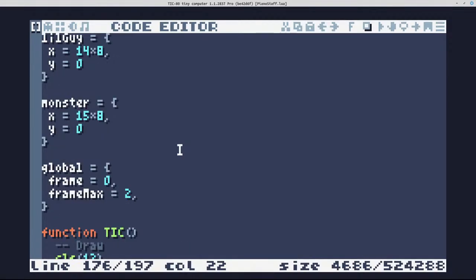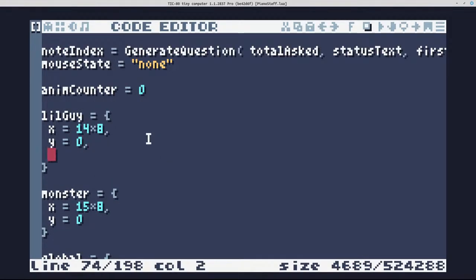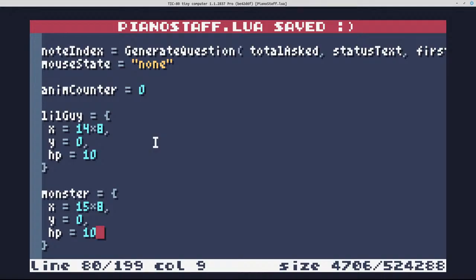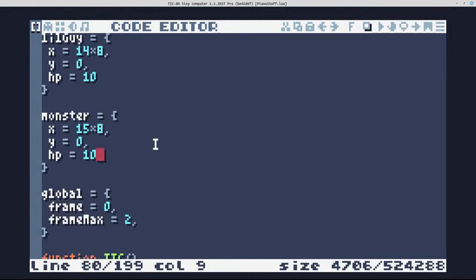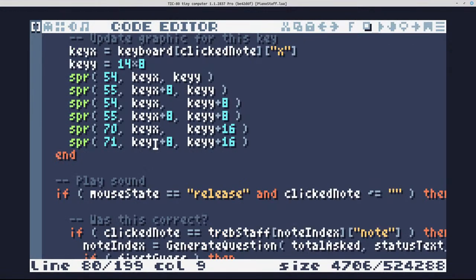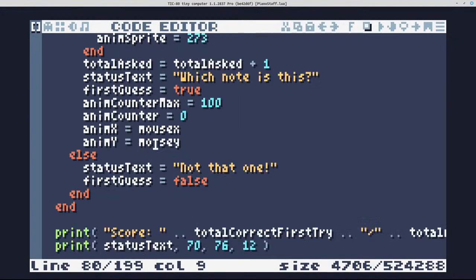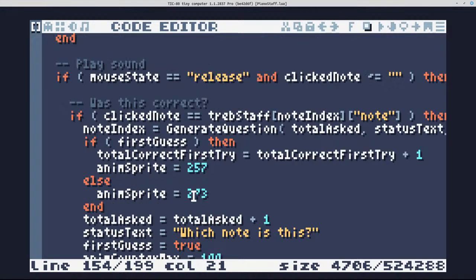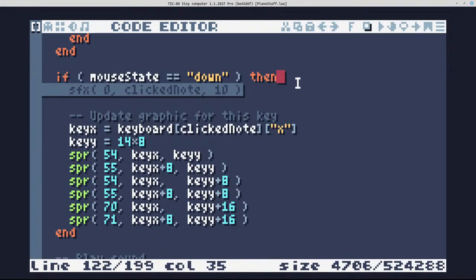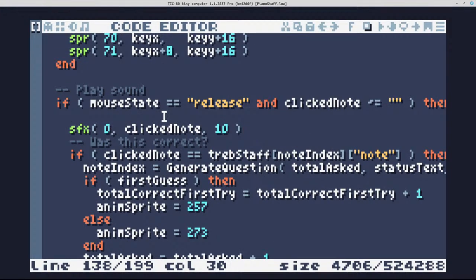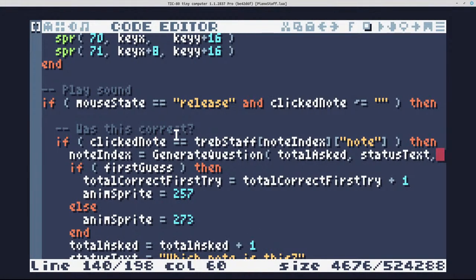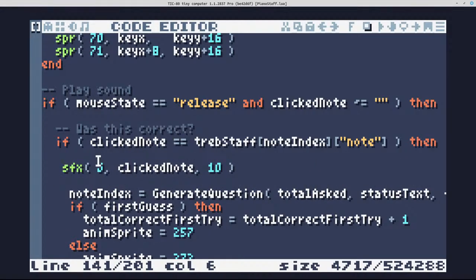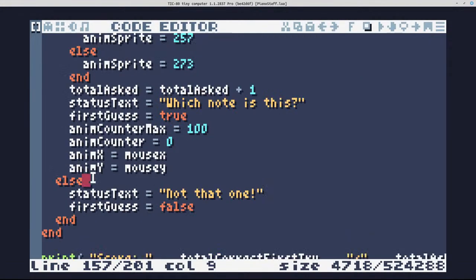Okay, let's add an HP or something. So if you got it right, actually, let's only play the note nicely if it was correct. And if it was not correct,